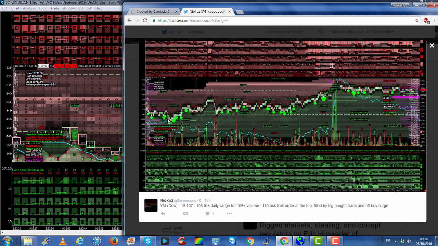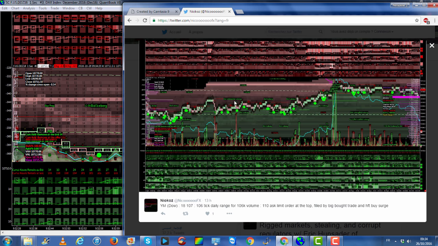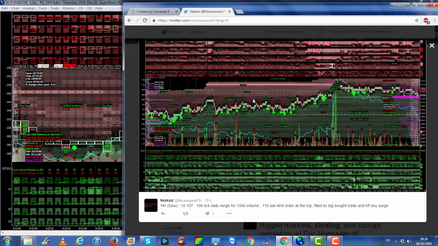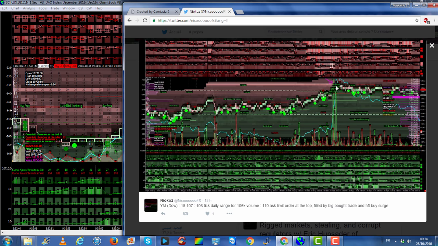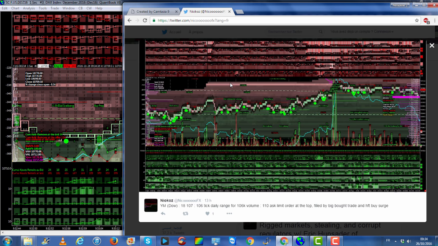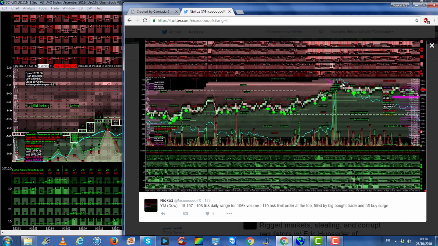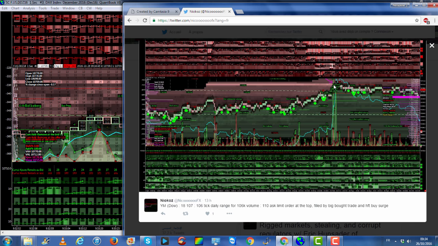You could see the price is going up with many bid iceberg, with many best bid replenished. Fine, and we just discovered this big limit which appears just here, and when the market